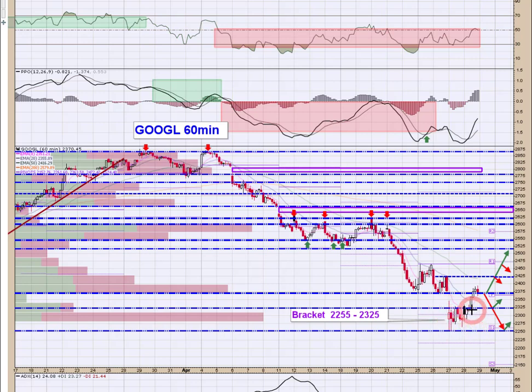We had our bracket set up here, which was trading after the gap down, and it broke into the gap and filled the gap. So if you were on top of that, had your alarm set, you got your $50 move. So if you took that, congratulations. If you didn't, have that be a reminder to yourself that